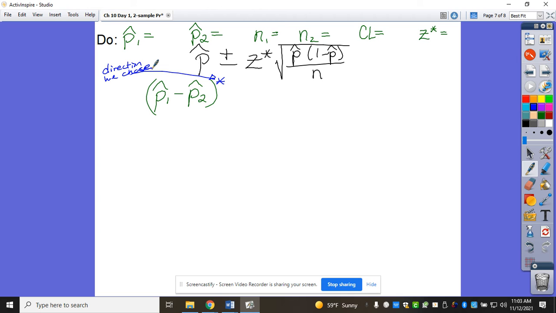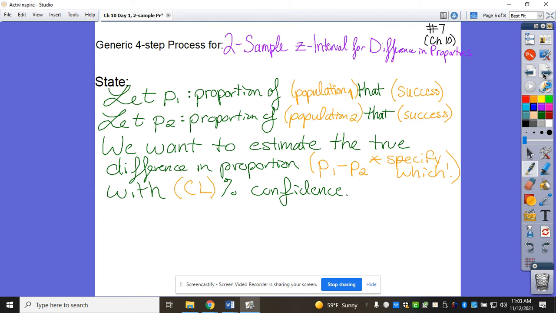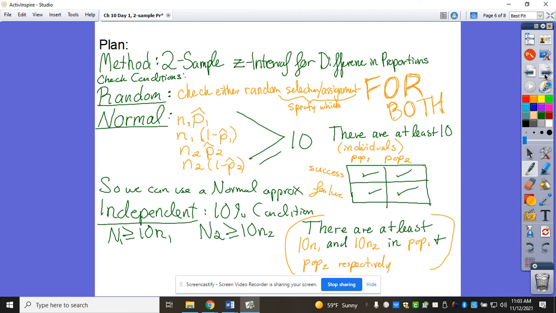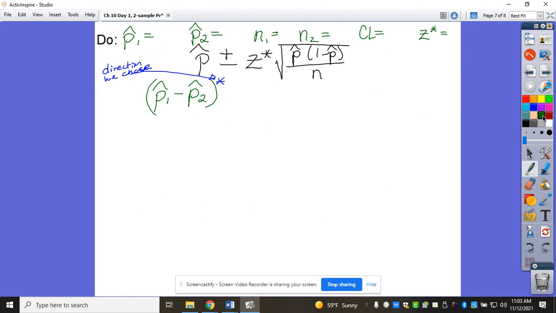If this is something like, we know p hat 2 is going to be bigger, a lot of people would rather do p hat 2 minus p hat 1. So just be consistent with whatever you said here is the direction that you're going to use. Alright, so still plus minus. Now, if I'm dealing with two samples, does that change the fact that we have one z? No, because that's still just the distance I go each way. And then, this is the only thing that actually changes, which is what we talked about at the beginning. So now this is going to be